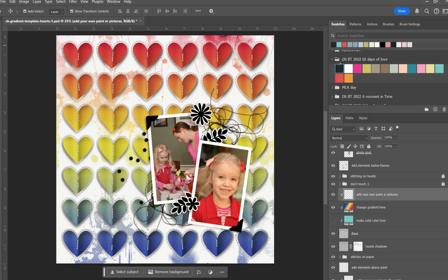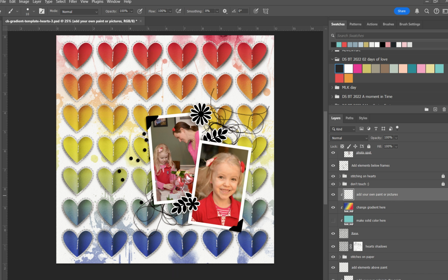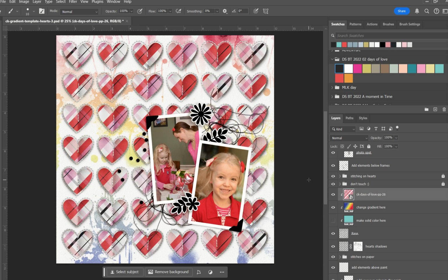But right here it says add your own paint or pictures. So literally add your own paint means like if you wanted to, you could literally draw on it and give it this worn look, but just throwing that out there. Or you could put a picture in there. What I am going to do is I'm going to put a paper. I love this